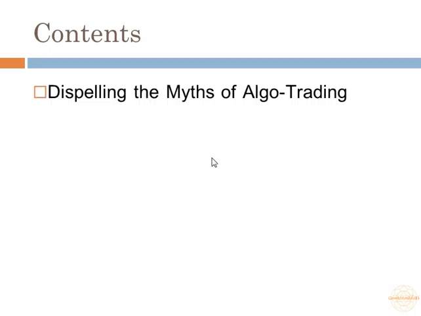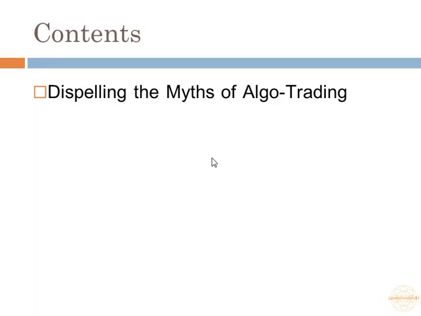Let us begin. The first thing we need to understand is that algo trading is a software-driven process. Hence, it's somewhat hard to visualize and relate to. The seminar will pick up on real-world examples that correlate to algorithmic trading and explain it to you in a known context so you understand it better. Part 1 of this seminar, which is this part, deals with addressing the common myths and misunderstandings surrounding algo trading.